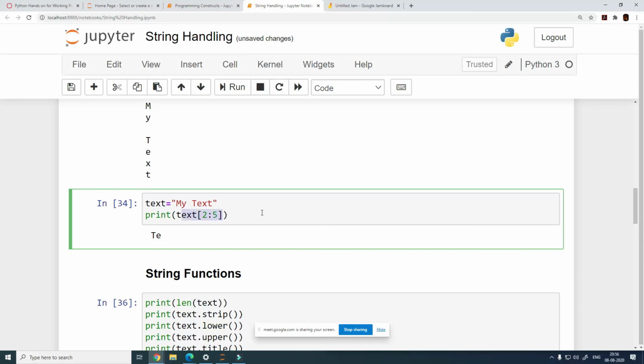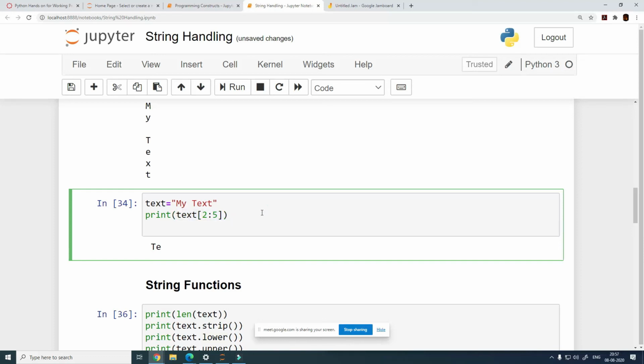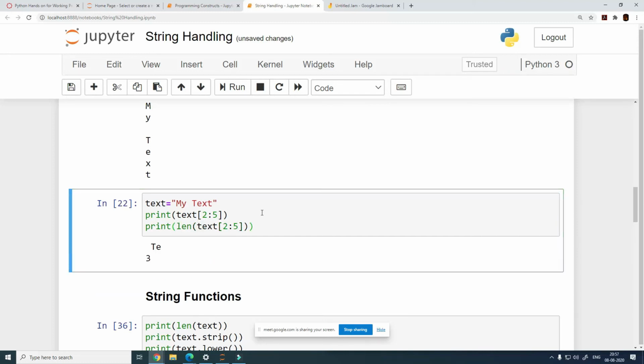It's very easy, right? Let me print something else so that you become sure that this is correct. See, I have printed the length of this. Although it is only printing 2 characters, the length of it is 3. What does it mean? It is also counting this space, right?